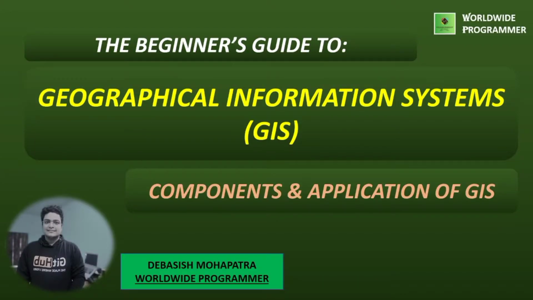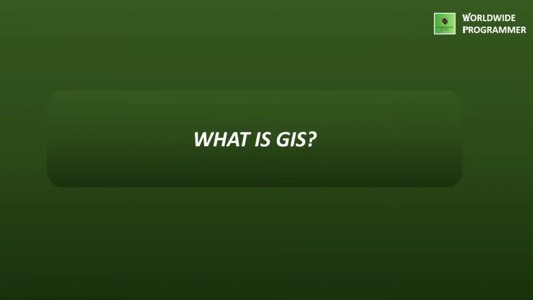In this tutorial, we'll discuss Geographical Information System, or GIS, its components and applications. So what is GIS? GIS, or Geographical Information Systems, is a system of hardware and software used for storage, retrieval, mapping and analysis of geographic data. It also regards the total GIS as including the operating personnel and the data that go into the system.